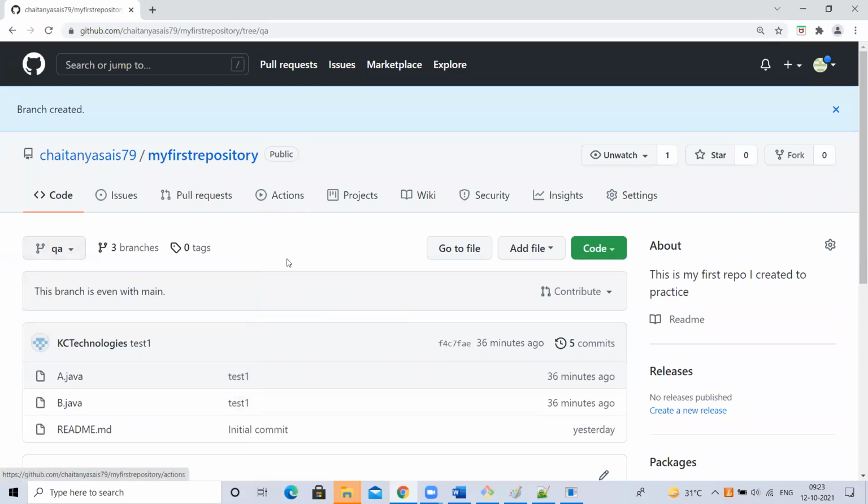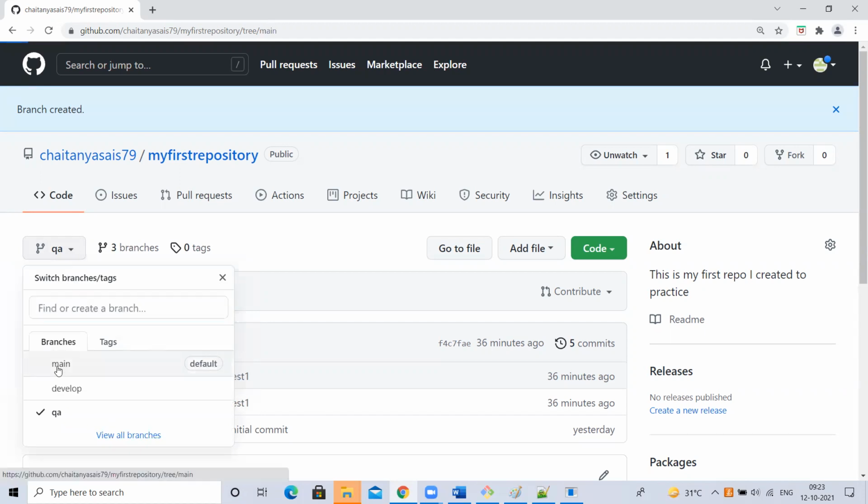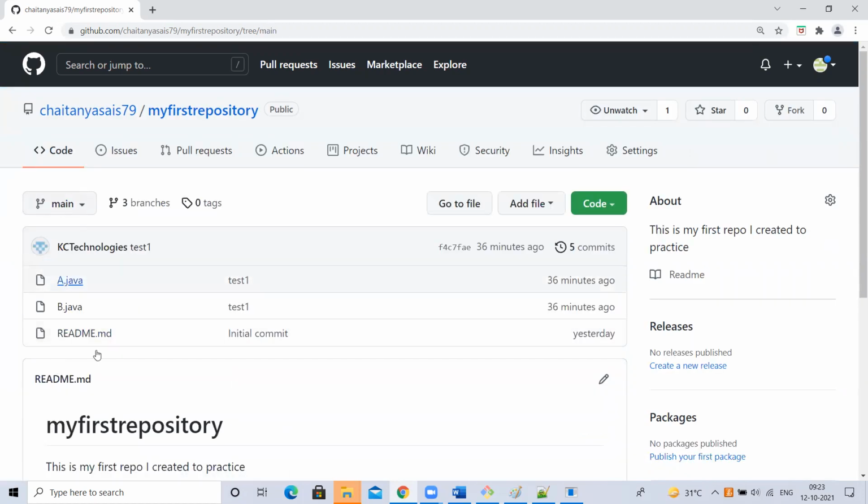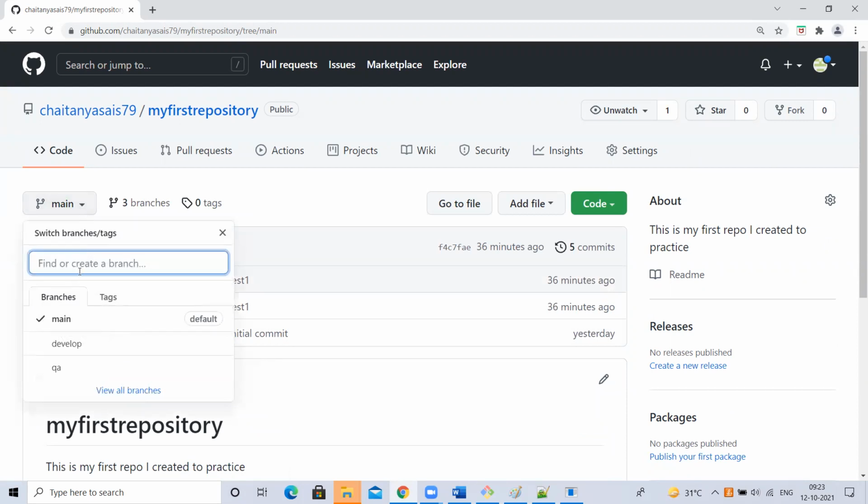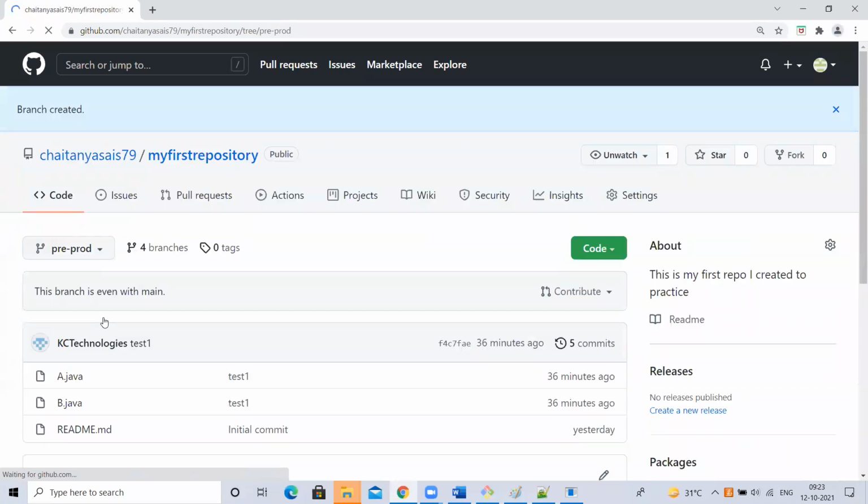First I have to select the main branch. Now I have to create pre-prod. Understood? Whatever is selected here is going to be your from branch. Okay, pre-prod has been created, which means whatever is there in main has come into pre-prod. Understood, guys? Clear?